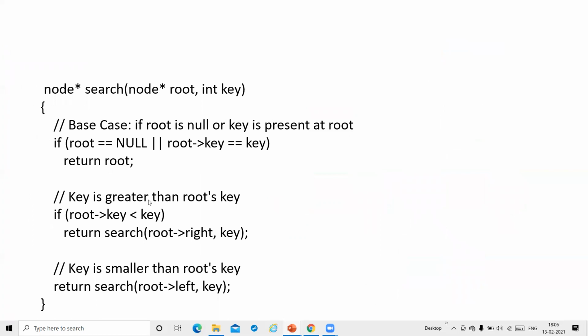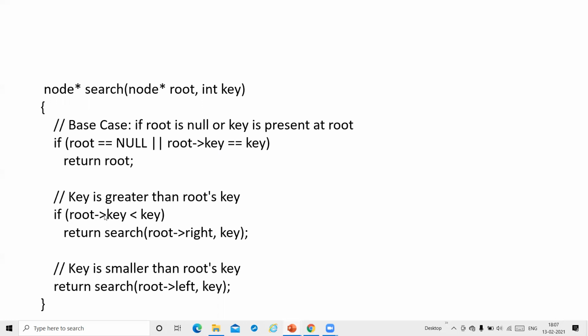Now this is the recursive code. The working is the same, only we are writing the code this way. Here we are passing the same two parameters, the root pointer and the key variable. The base case we are checking here is if root is equal to null, that means the tree is empty, we have to return null. If the root data matches the target value, that is the key, then we return that root as the data present here.